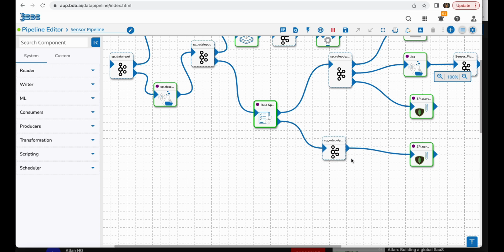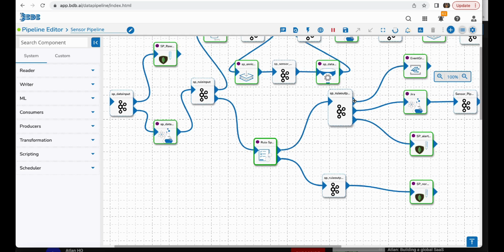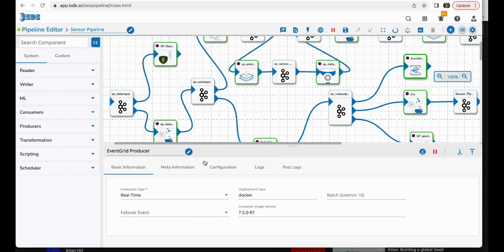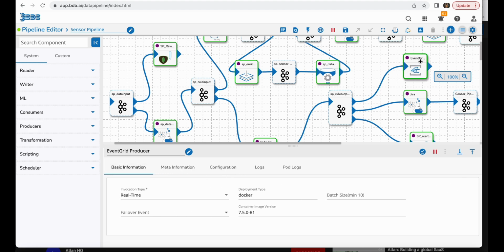So if there is no alert generated, we save it back to the database. If there is an alert generated, the alert is pushed to an Azure Event Grid. So we provide the configuration out here, endpoint and secret, and the data is pushed to the Event Grid. From there, a mobile application which the plant engineers consume, so that they can get real-time notification to